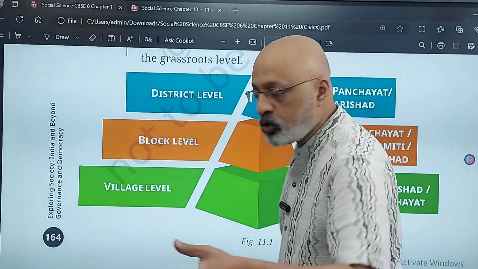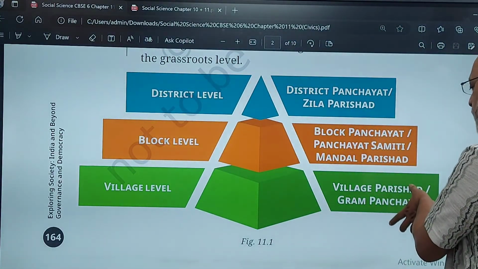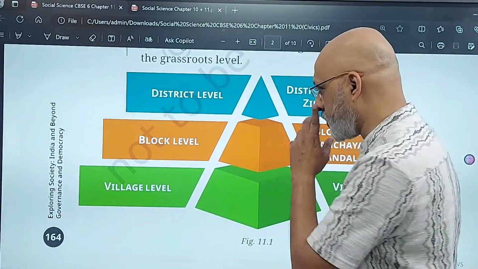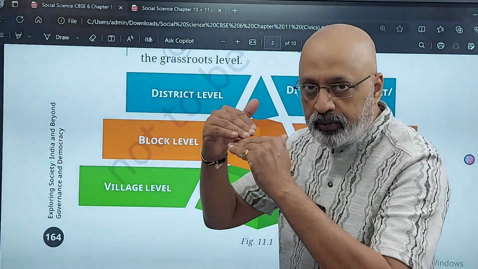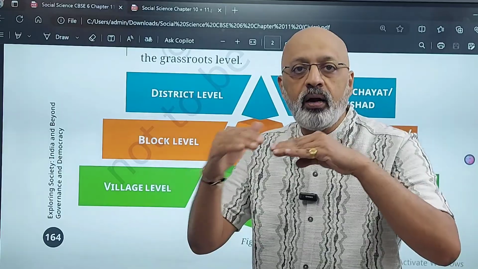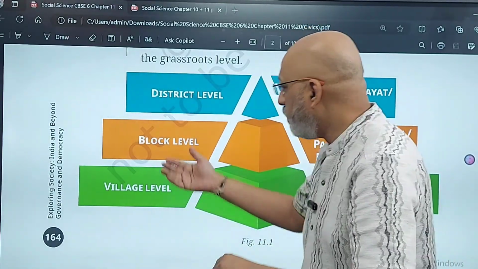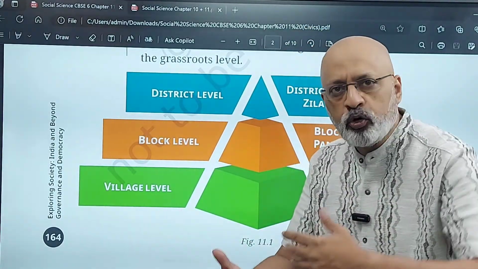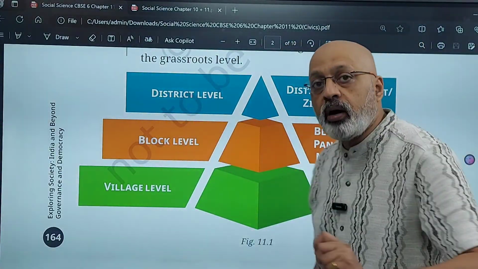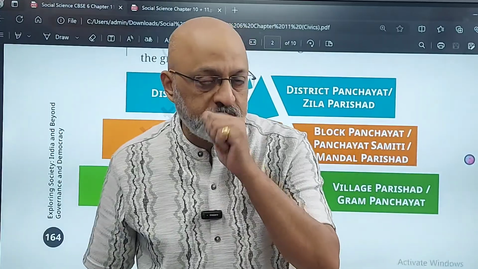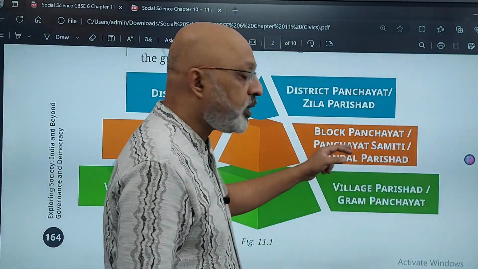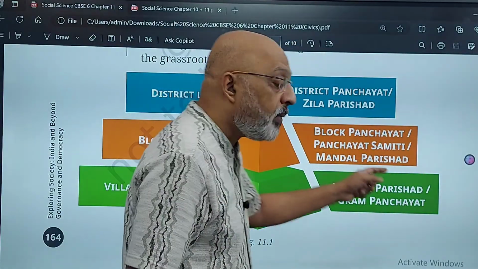Village level, what I just now spoke about, that's where it is called the village parishad or the gram panchayat. पंचायत इज अ नॉर्मल वर्ड यूज्ड. उसके ऊपर का लेवल, ये तो एक गांव हुआ. वी कैन से, लेट्स से 20 villages together. I'm just giving a random example. It could be 25 in some states, it could be 30 in some states. That will become what is called a block. Block भी बोलते हैं, कुछ states में मंडल भी बोलते हैं. So it may be called the block panchayat or the panchayat samiti or the mandal parishad.